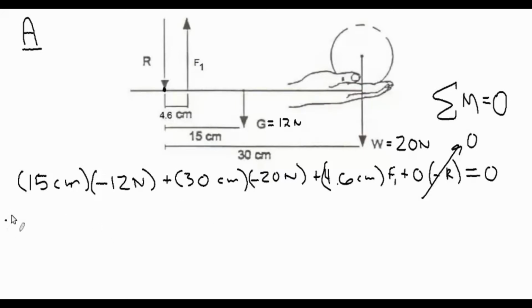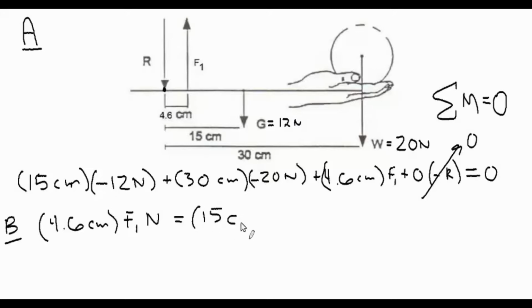So now let's do part B. I'll write it over here. Part B is solving for the biceps force F sub 1 in this figure. So what we should do is rearrange this so that we have F sub 1 on the left-hand side and everything else on the right-hand side. And so I'm going to write 4.6 centimeters times F sub 1, and I'm going to put newtons behind that because I want to keep track of the units here. And to bring everything else to the other side, these negatives will switch to positive, so we'll have